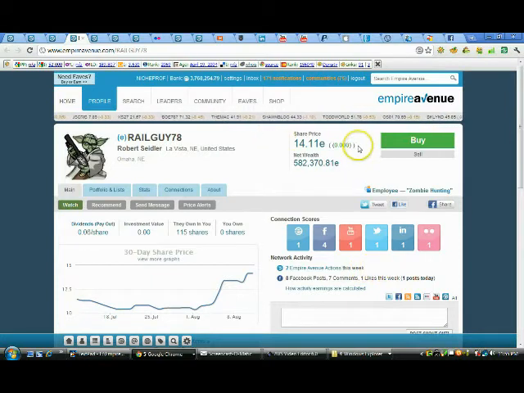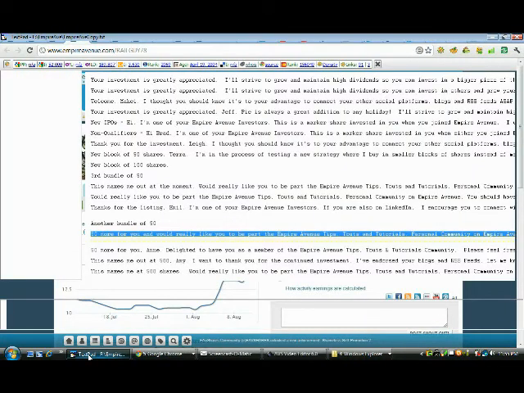Share price of 14, which is certainly reasonable. At this point, he's not someone that I personally would buy. What I might be willing to do is put him out to be a marker. I'll show you how I do that. I would go on in. We would take the line up here from my responses.